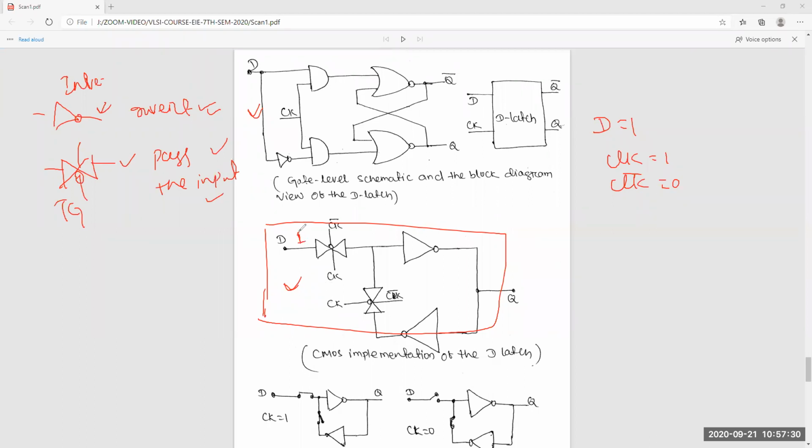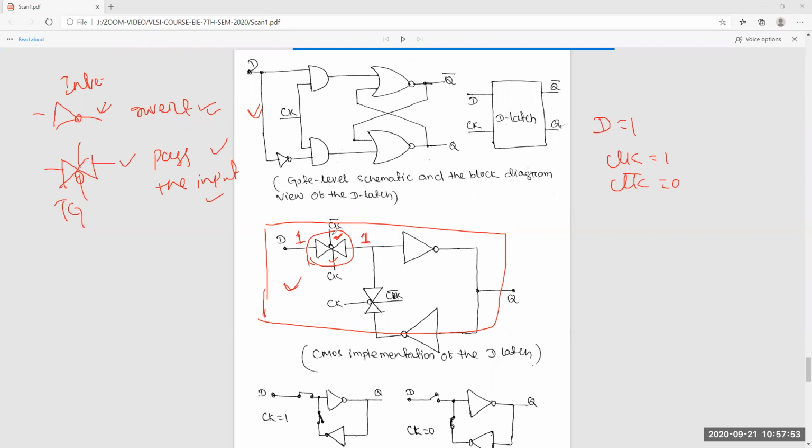Now when D is equal to 1, clock is 1 and clock bar is 0, so at this time will this transmission gate pass or block? Pass. That means you will get 1 here. Yes or no? Yes, sir. So you will get 1 here.